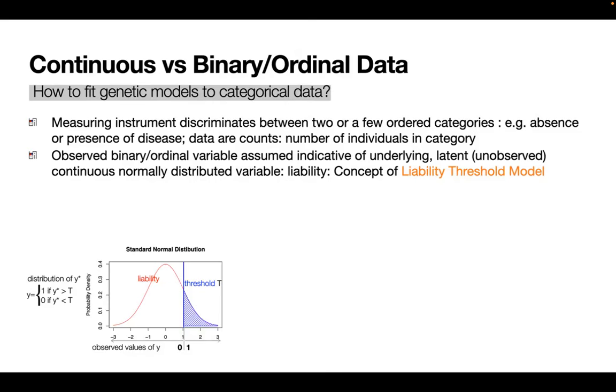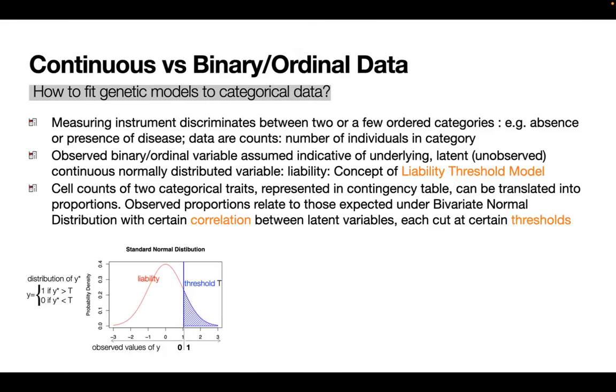So here we show a visual of this underlying normal distribution where we have arbitrarily put in a threshold that distinguishes those above the threshold, say those with a disease, from those below the threshold. It turns out that the cell counts of these two categorical traits, measured in monozygotic and dizygotic twins, can be represented in contingency tables. And these can then be translated into proportions,